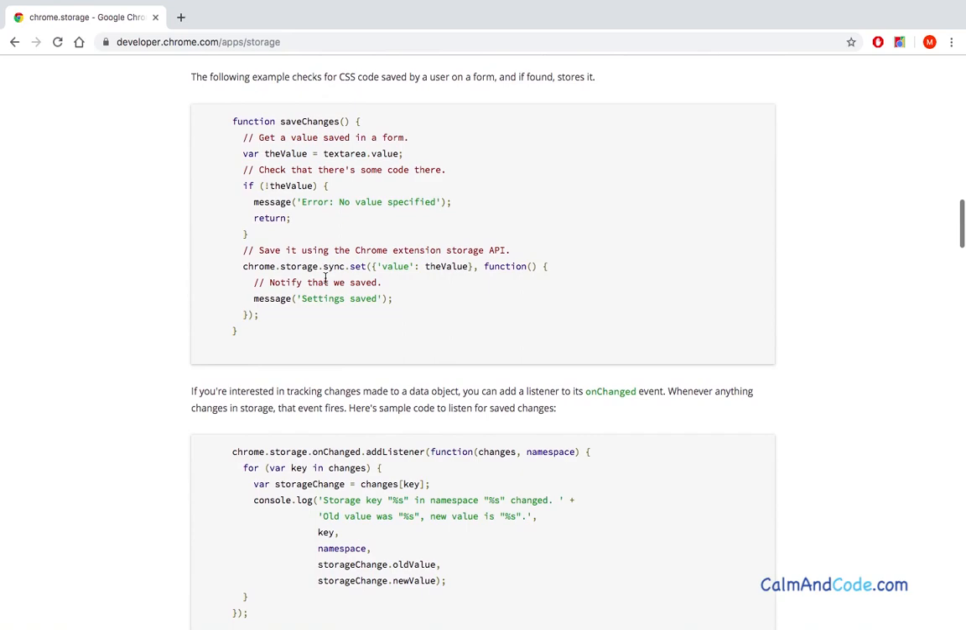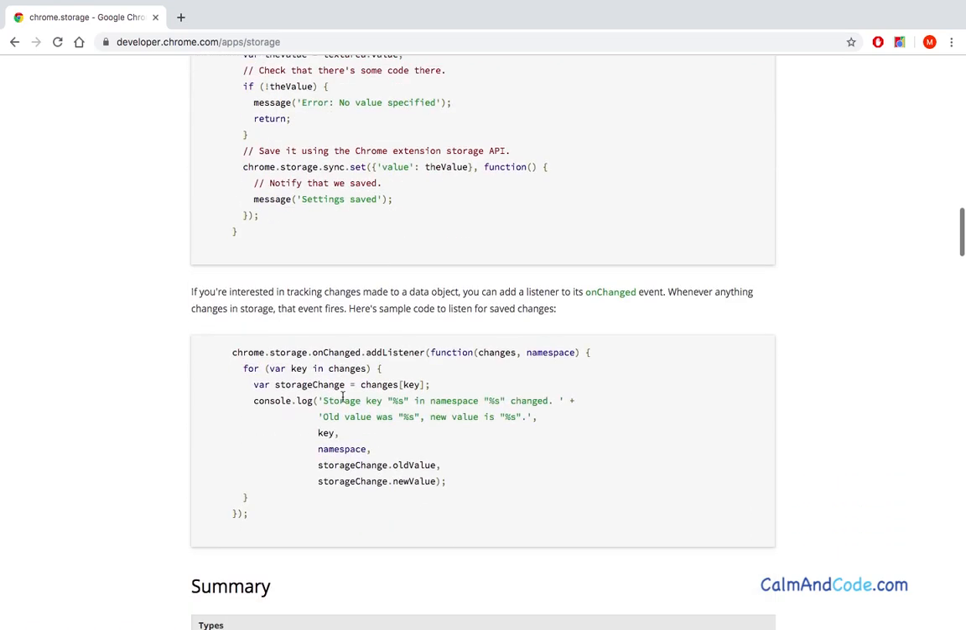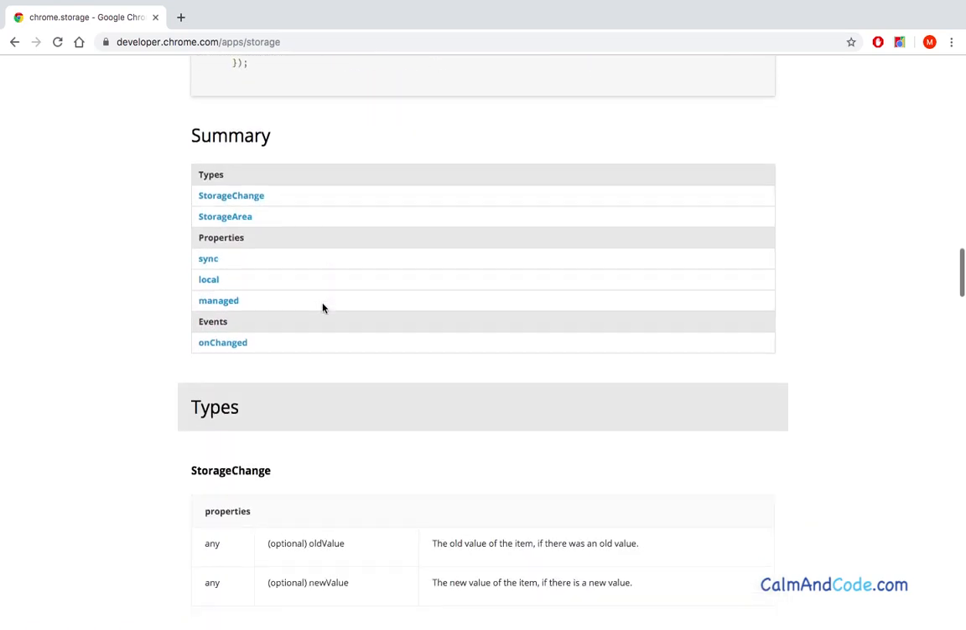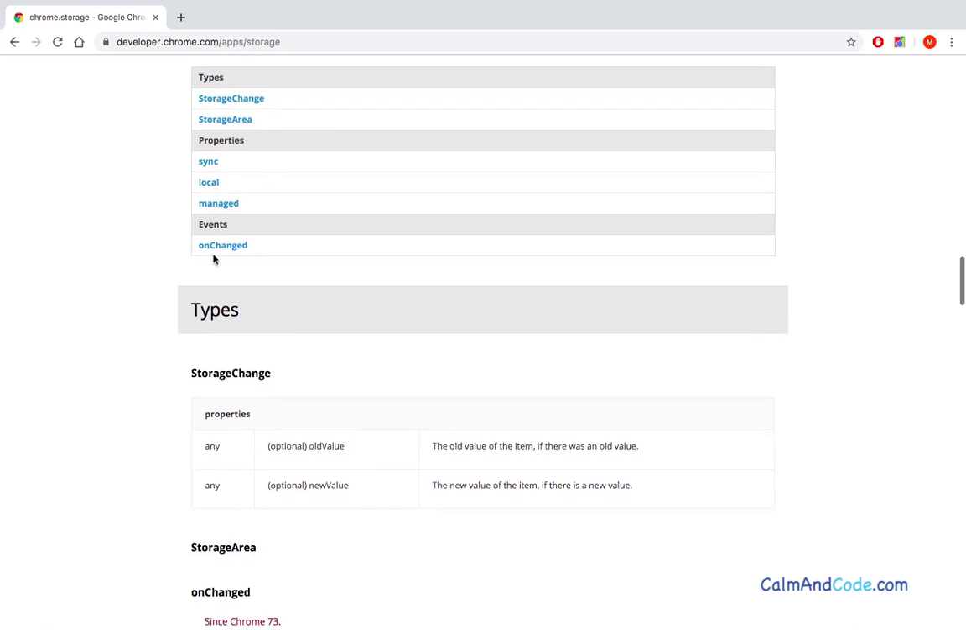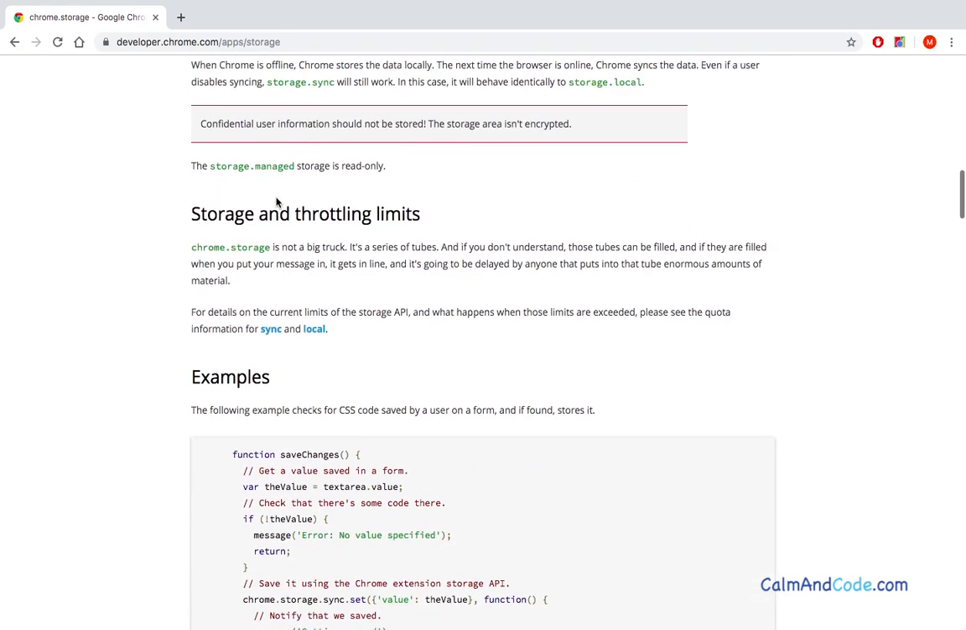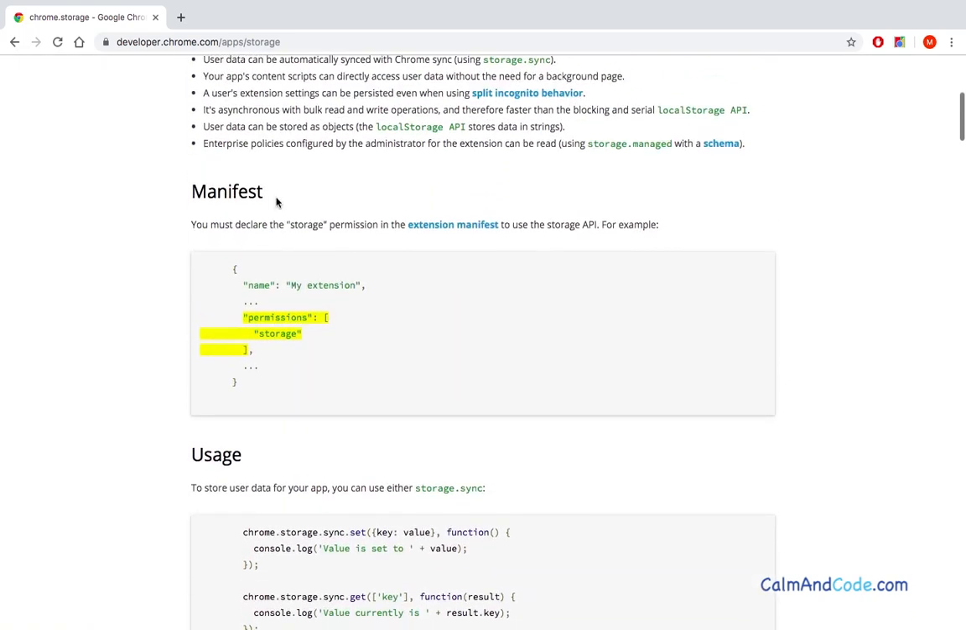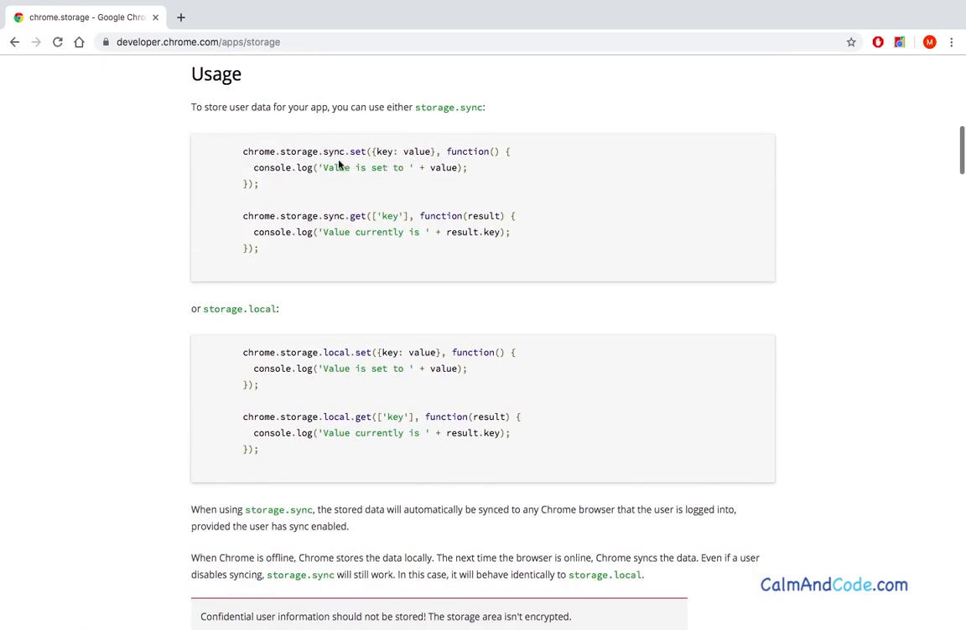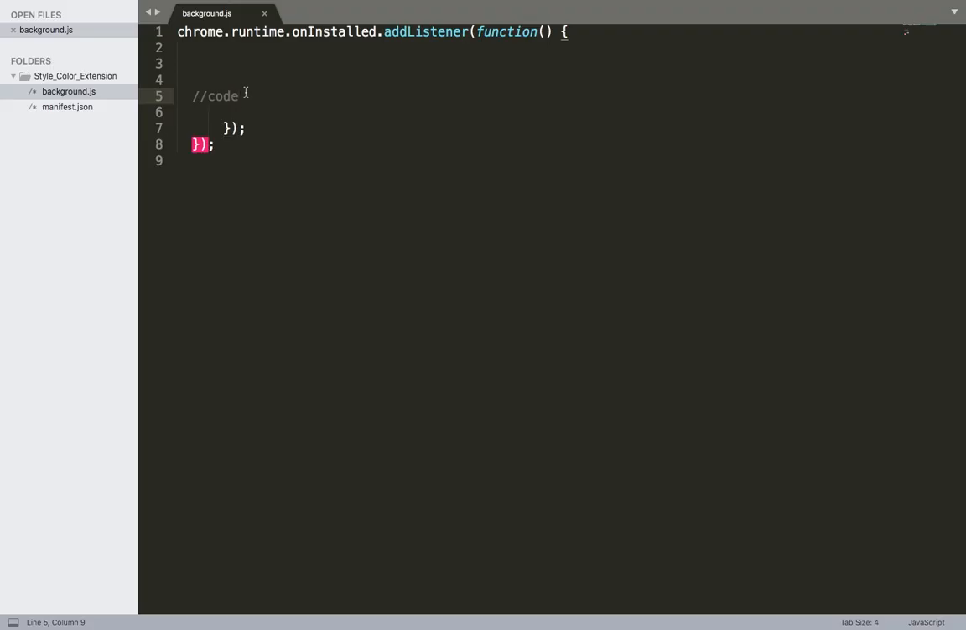And here it's going to give you an example on how to use any of them. It's also going to give you the events: there's the onChanged event, there's the properties, the local, the sync, the managed. I'm going to use the sync here. This one, I'm going to copy this code, the set, because we want to set something inside the storage. So I'm going to copy this code and